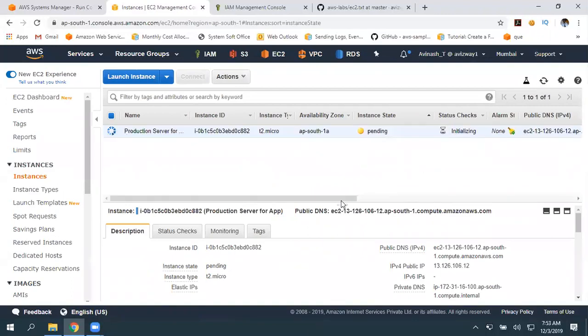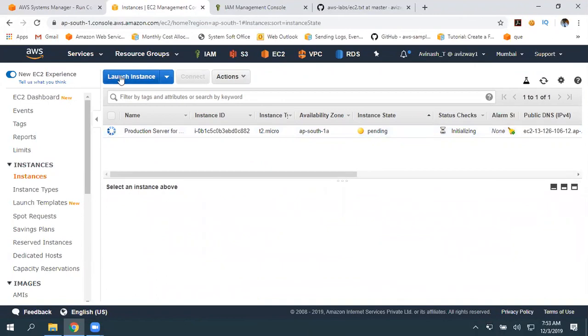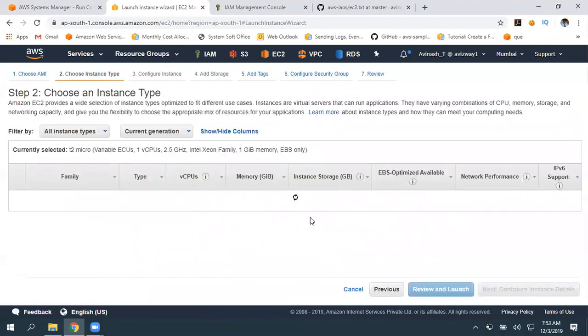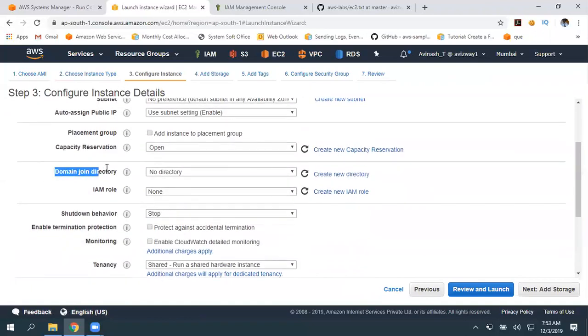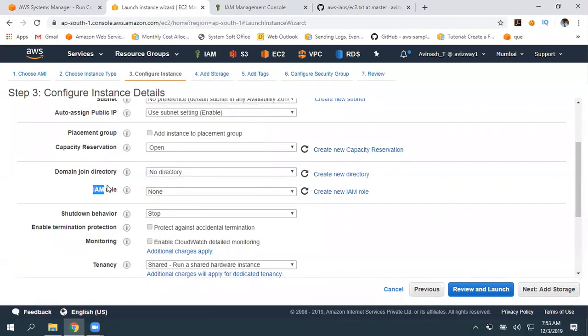Right? So that's the first thing. Second, I'm going to launch a Windows machine. Click on launch instance. 2012 R2 base, T2 micro. I talked about joining the domain automatically. So if you have any domain, you can simply select the domain here, but make sure you associate this IAM role. If you don't have that IAM role, it is not going to add automatically. For Windows, we have this. So click here, and I'm going to select SSM full access.